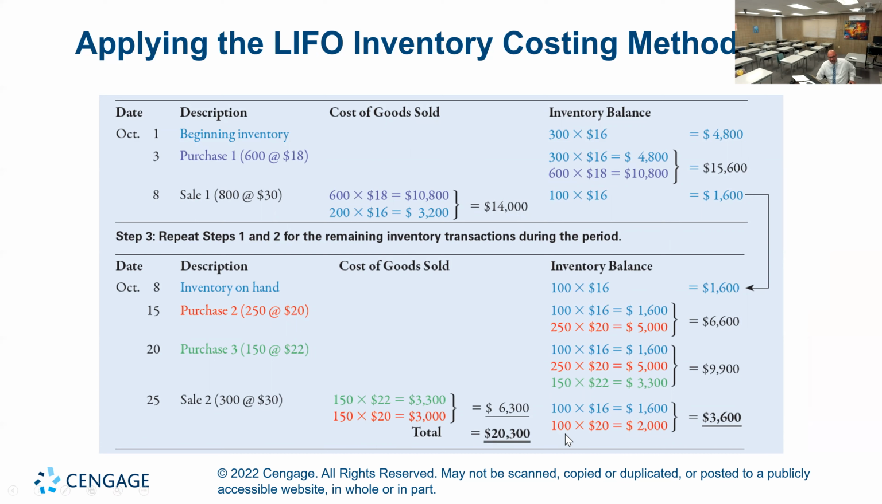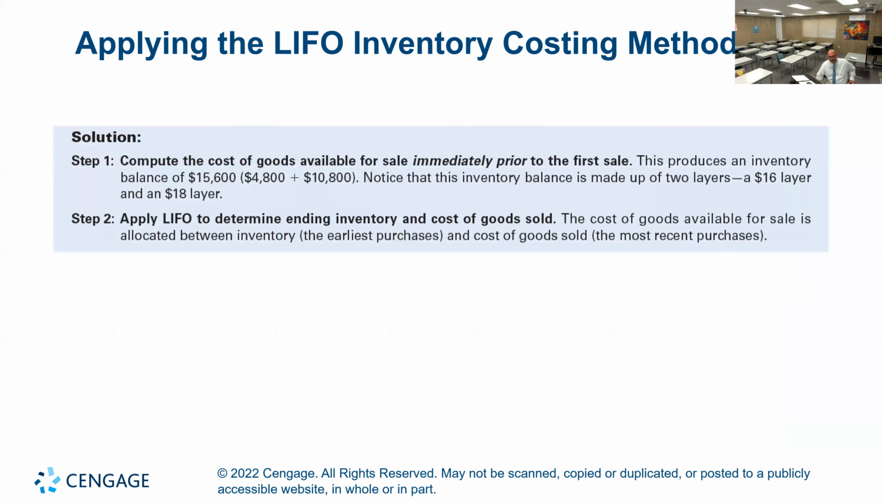And that's what it's showing us here at the end for our inventory balance. 100 at 16 is 1,600, 100 at 20 is 2,000. That gives me an ending inventory of 3,600. I plug it into that cost of goods sold model